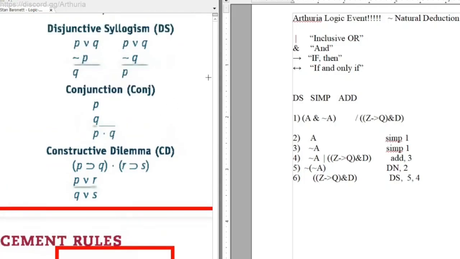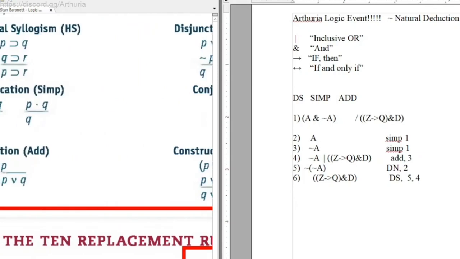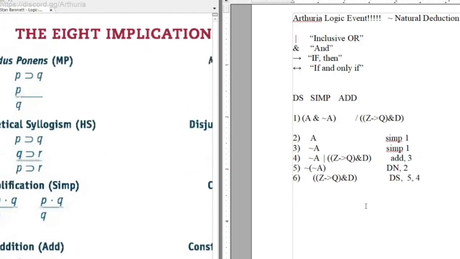Constructive Dilemma is garbage, and I hate it, so we're not going to talk about it for now. Cool. We're going to look at